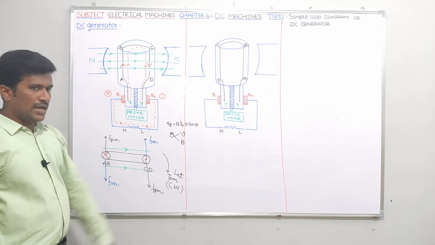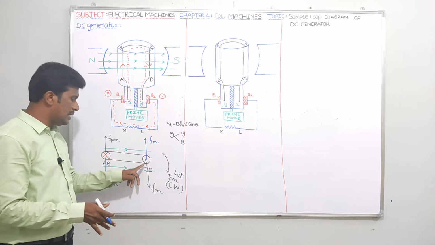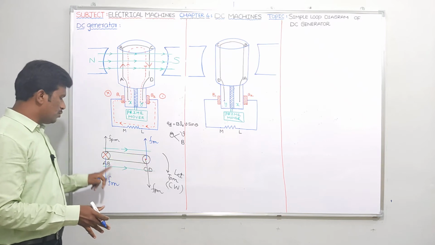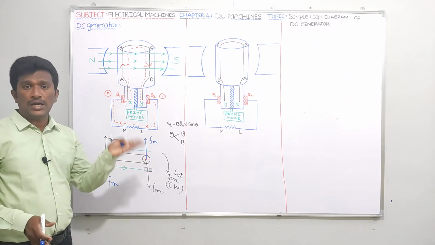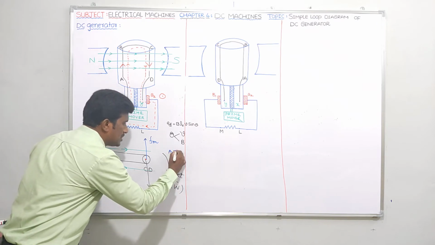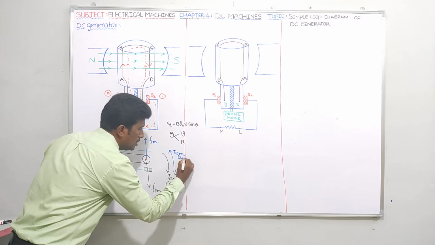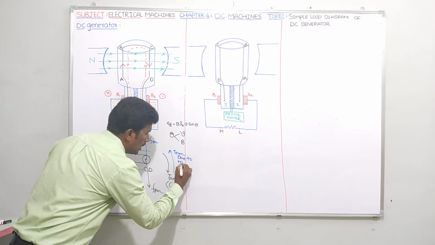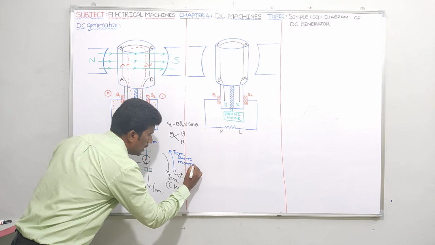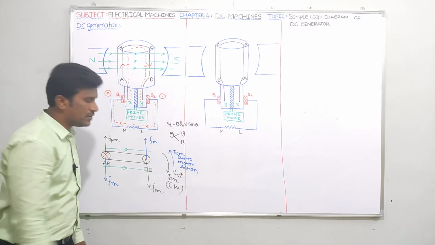Okay. Now tell me, guys. If I want to have tangential motion at CD upwards and tangential motion at AB downwards, what might be the direction of the electromagnetic torque which I got due to motor action? This electromagnetic torque is due to which action? Due to motor action. Tell me, it should be in the anti-clockwise direction.